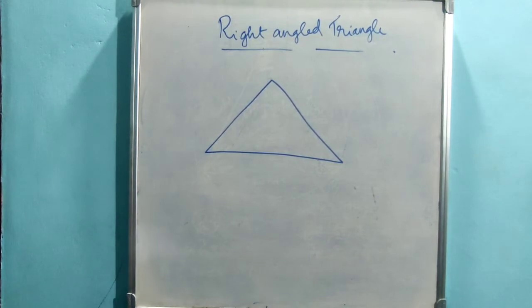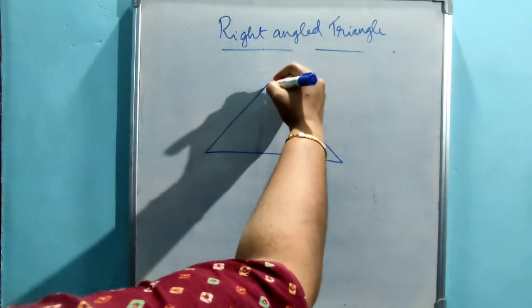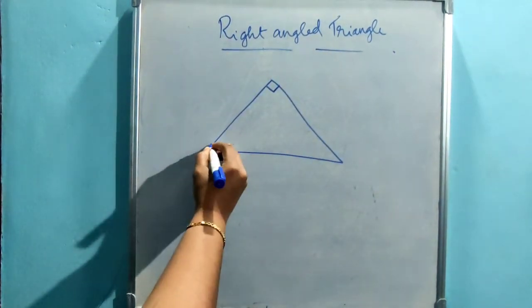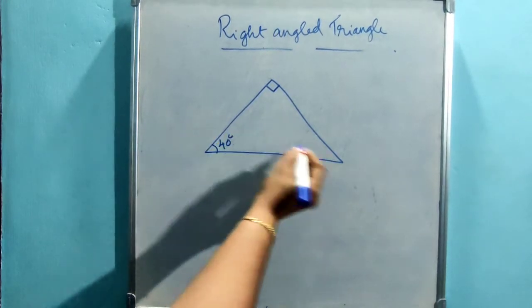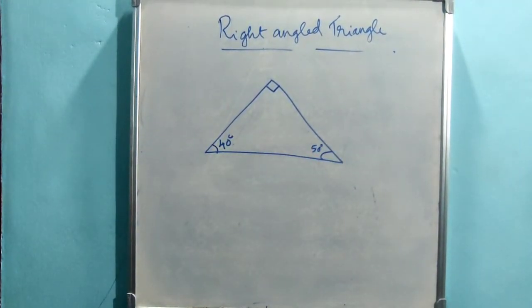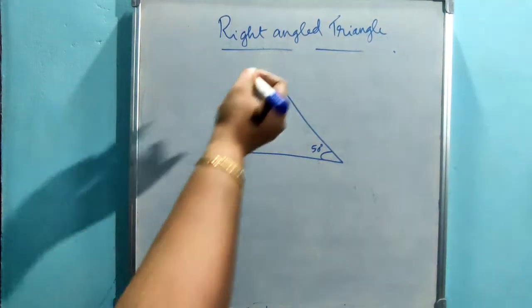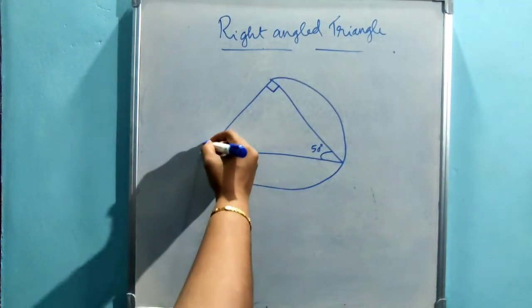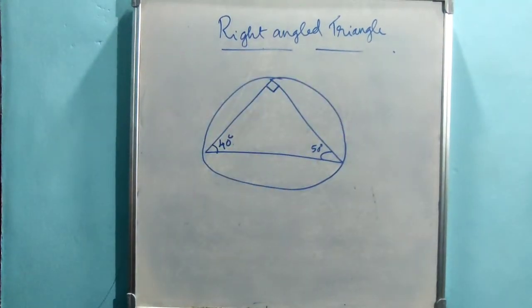Here you can see a right angled triangle, and we know that in a right angle triangle, one angle is equal to 90 degree. Suppose the other two angles are 40 degree and 50 degree. Now, if we consider its circumcircle,